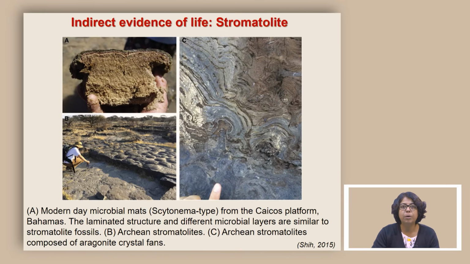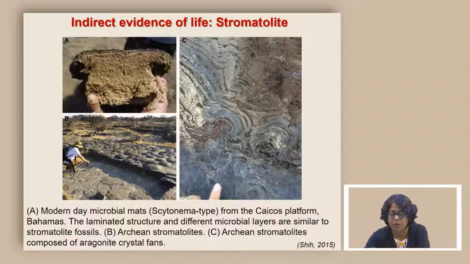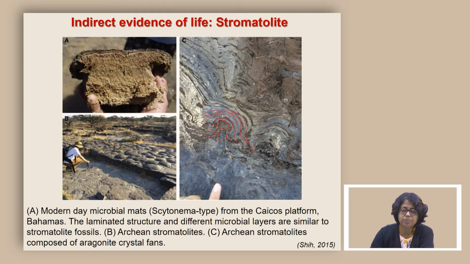Now, we are going to talk about another indirect evidence, an indirect evidence of the activity of organisms, and it is called stromatolite. Stromatolites are sedimentary structures as well as trace fossils which look like this. They commonly look like a cabbage where you see multiple layers, and these layers show patterns which are created by a bacterial colony. So, these are some of the pictures.